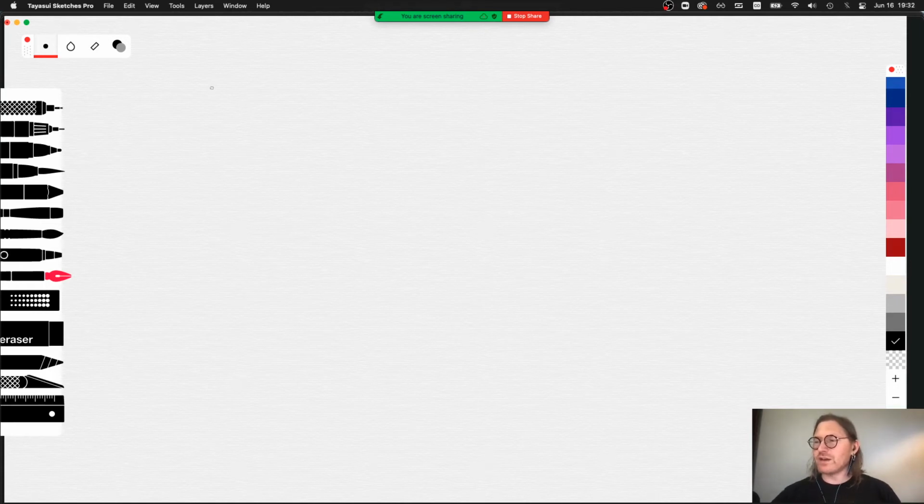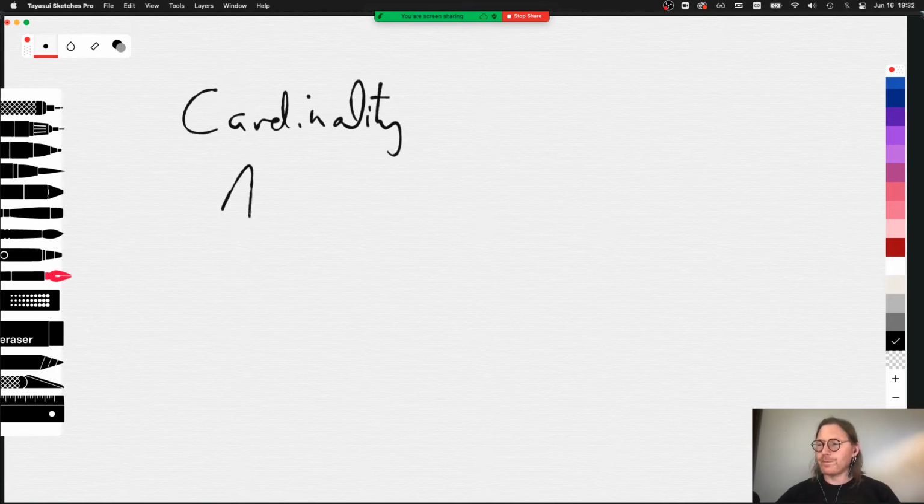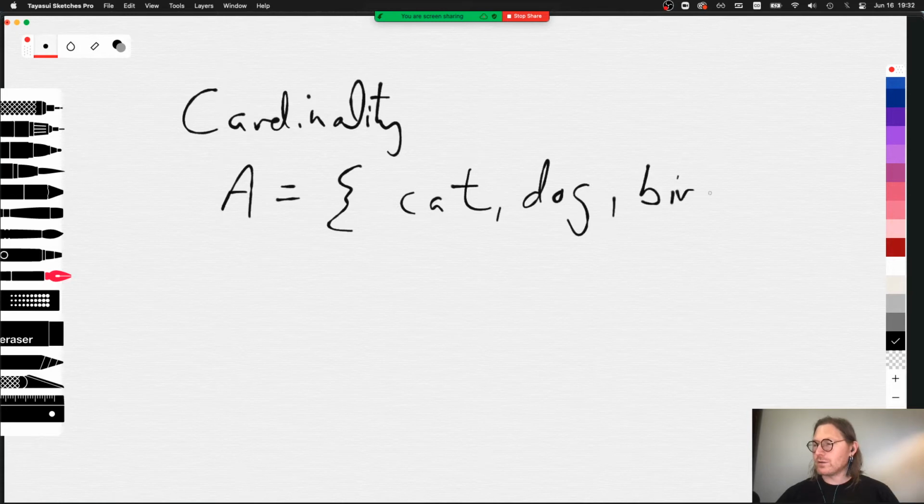We'll start off with this idea of cardinality. Let's say we have a set, A. And within A, we have cat, dog, and bird. The cardinality of this is 3. Now, why is it 3? It's 3 because there are 3 items. Pretty straightforward, right? If we have a sample space that includes, I'm just going to put single letters for these: